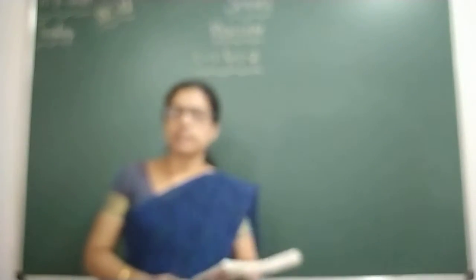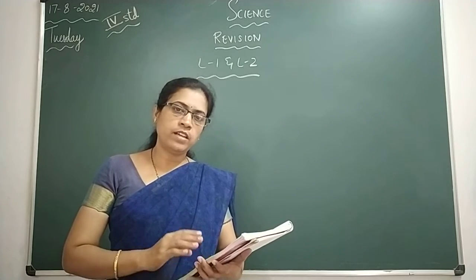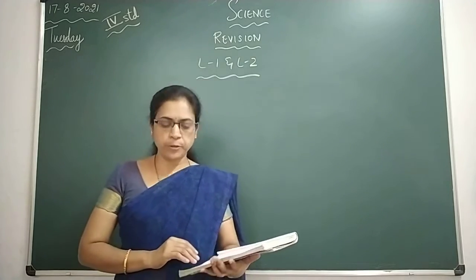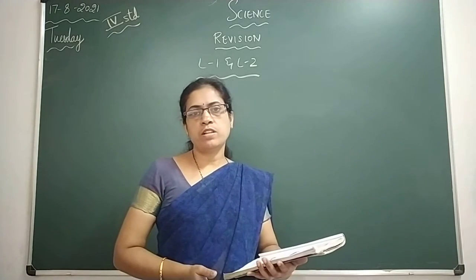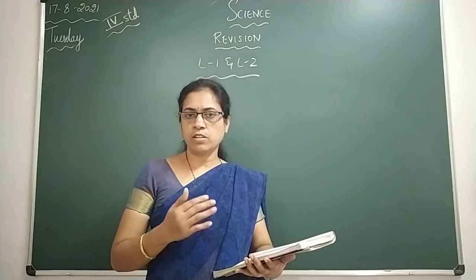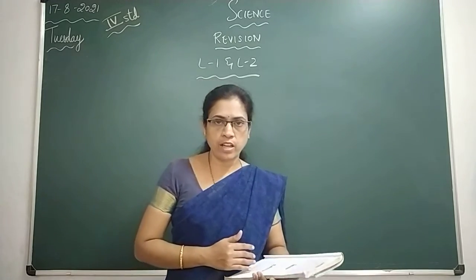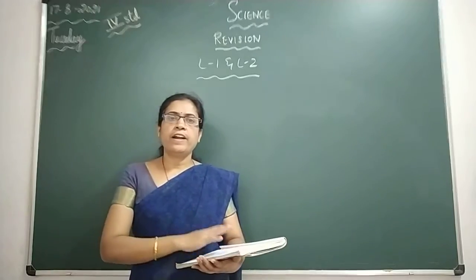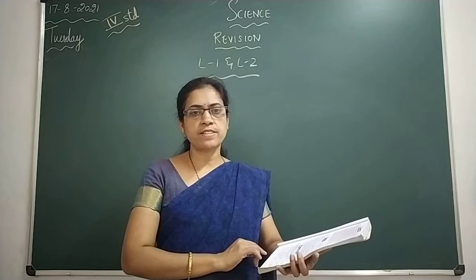So children, we will be having these two lessons for FA1. So let us revise the exercise from lesson 1 and 2. Turn to page number 11, and later we will also revise the other lessons, all the exercises. Learn nicely all the questions whatever I have given in the class book, children, and the exercises from your textbook also. So let me make you revise that.